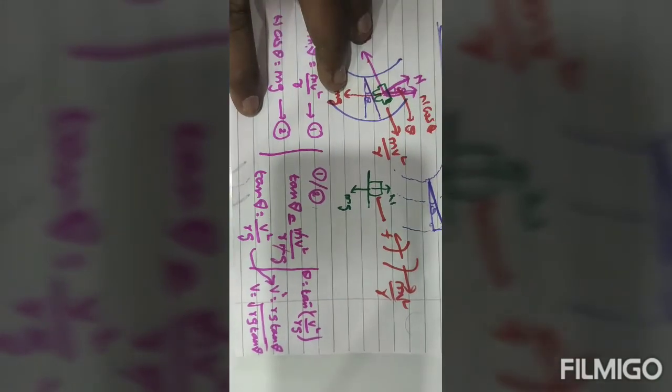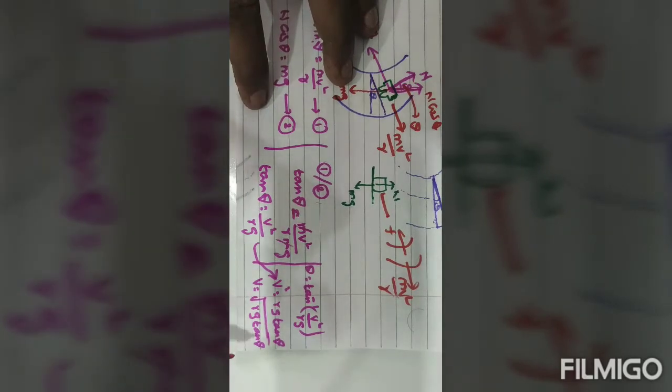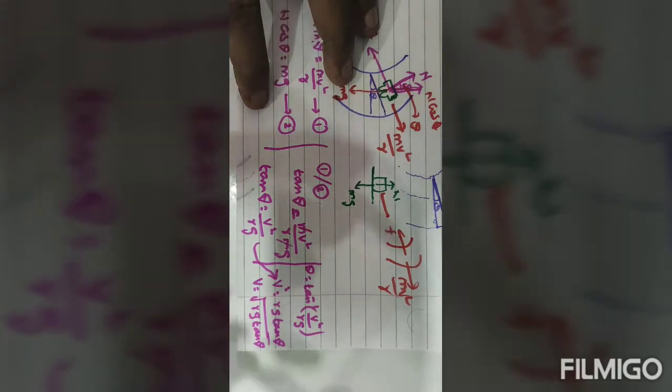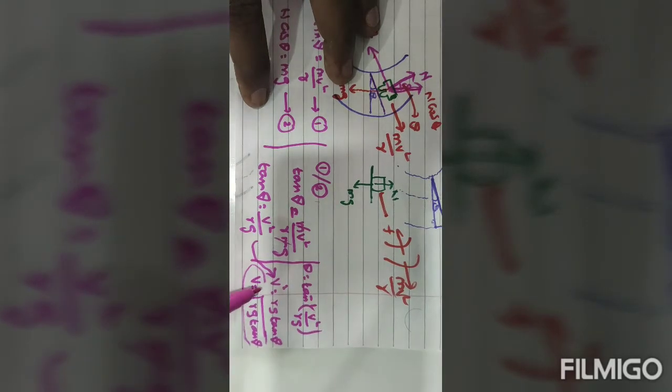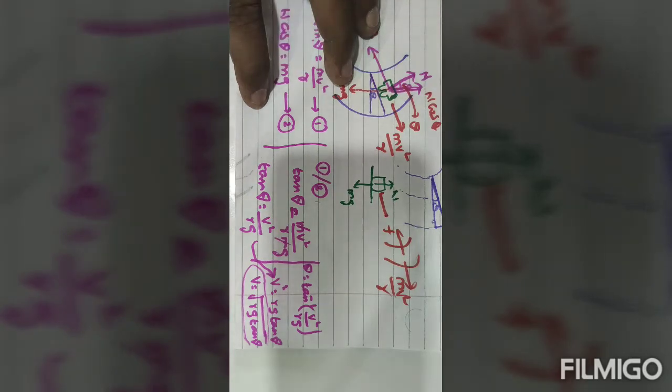Compare this with the previous question. In the previous question, we saw only the friction. The maximum velocity there was root of mu rg, where mu means friction. In this place, instead of mu, tan theta is there, so here only the angle is there. So in the previous question the angle doesn't come, and in this question the friction doesn't come. Please listen, this is the important formula: v is equal to the whole root of rg tan theta.